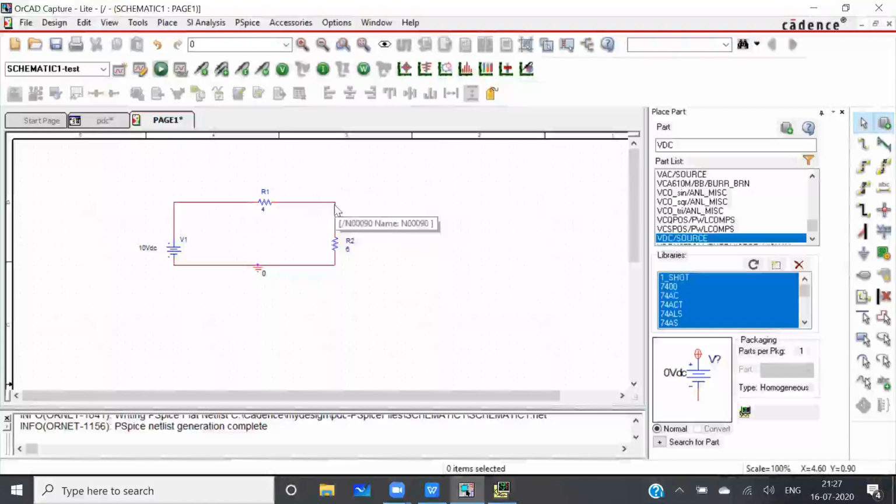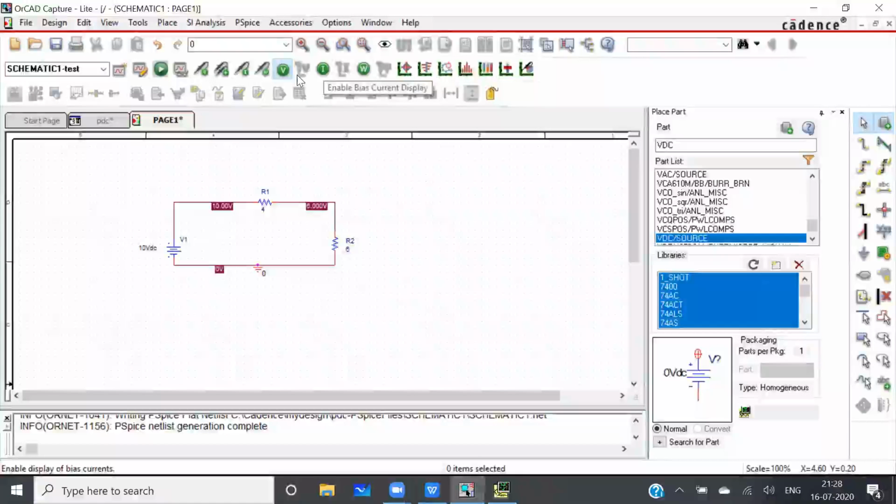Here my objective is to find the voltage across this 6 ohm resistor. So to find voltages at different node, I have to select this voltage mark. So if I'll click on this, it will show voltage at different nodes. So you can see here voltage at this node is equal to 6 volt. That means voltage across the 6 ohm resistor is 6 volt.